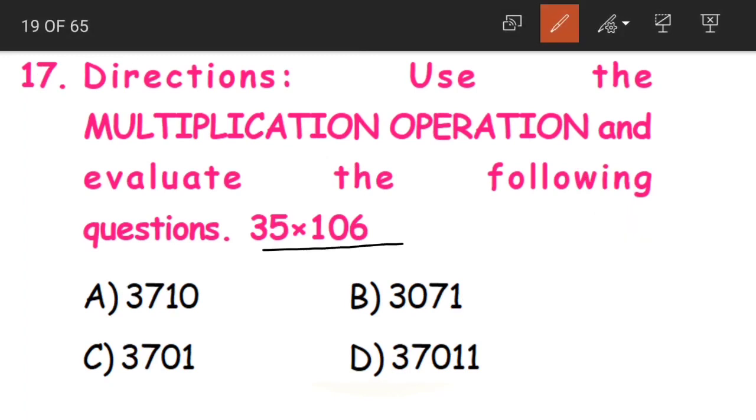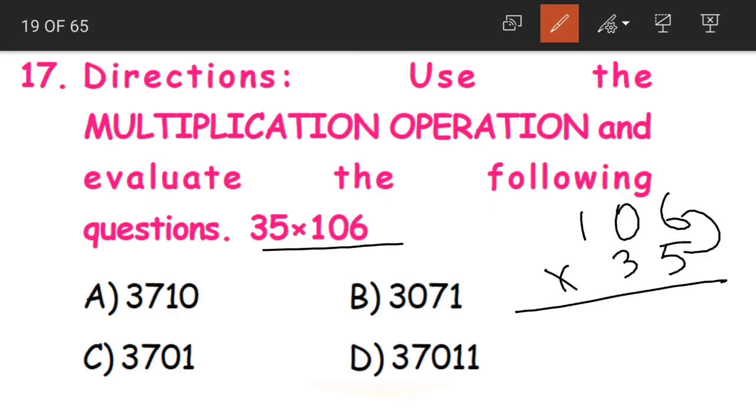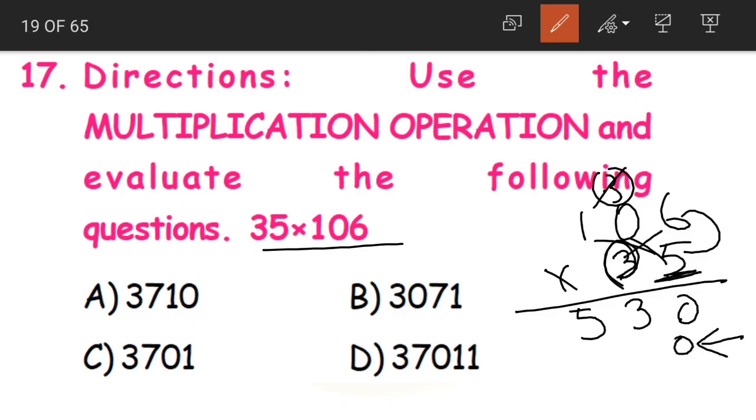Again multiplication is to be done here. 106 into 35. 5 6s are 30. 0 here, 3 carried. 5 zeros are 0 plus 3 becomes 3. 5 ones are 5. Now coming to the next digit 3, a new digit, so new line. After 3 we are having 1 digit, so 1 zero. 3 6s are 18. 8 here, 1 carried. 3 zeros are 0 plus 1 becomes 1. 3 ones are 3. Adding our partial products.